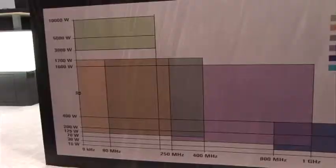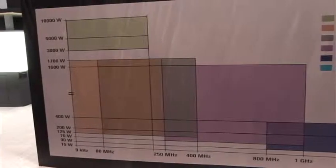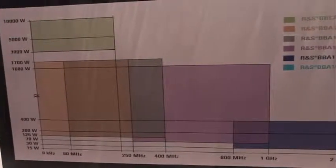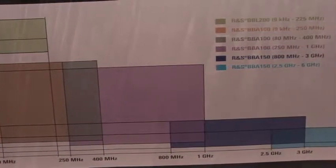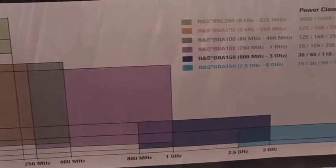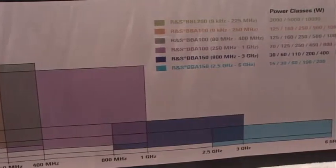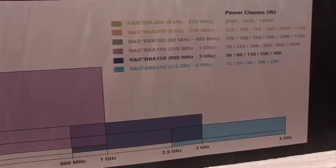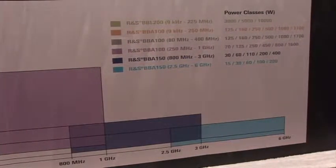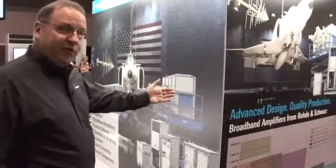A little bit about our amplifiers. We go up to 6 gigahertz. They are all solid state, and we have a whole series of different power classifications around our amplifiers. We just introduced a 10 kilowatt series of amplifiers. So we have a 3, a 5, and a 10 kilowatt series of liquid cooled amplifiers. If you take a look over here at this demonstration wall,